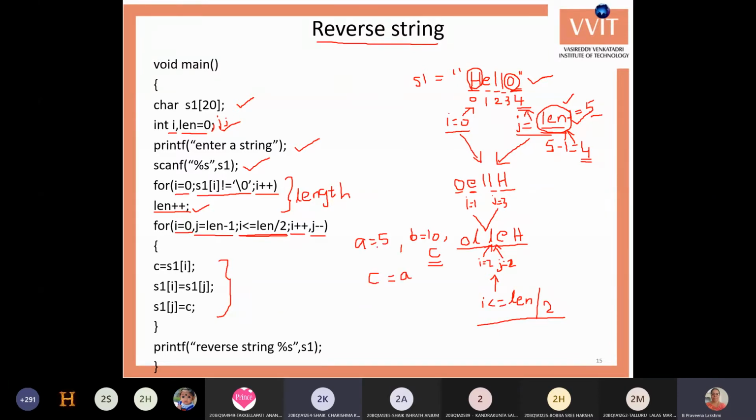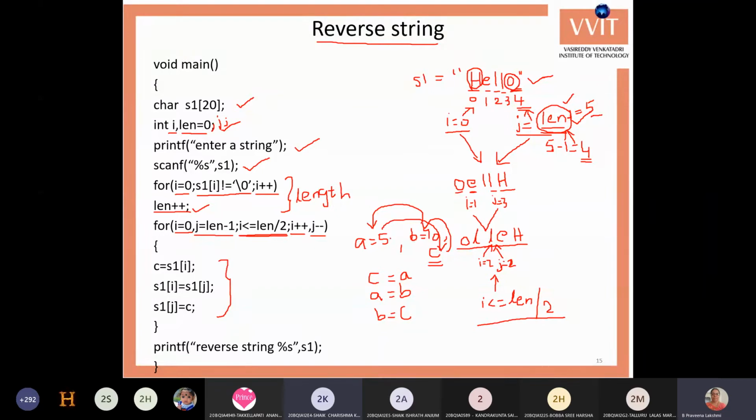First we will store the a value into c. Next a equals b, store the b value into a. Next b equals c, store the c value into b.